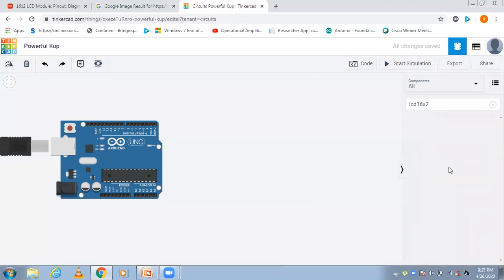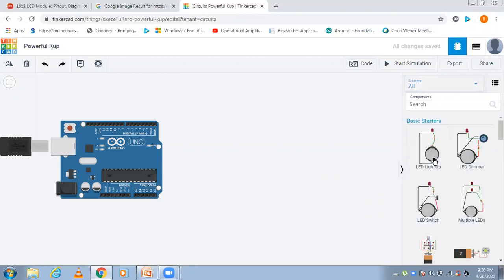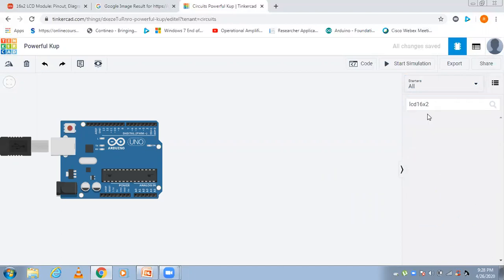Just select this one. Sorry, I need to select all the components here. Now, 16 cross 2 LCD.